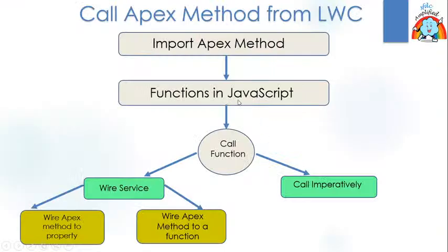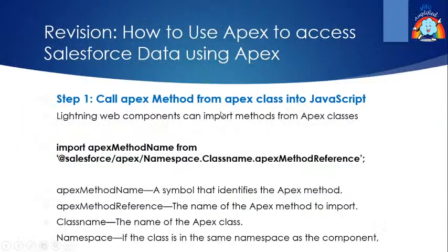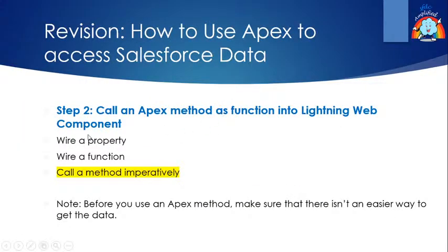Now the second step is that we have to call the function in the JavaScript. So for that we can do using a wire a property, which we have covered, wire function, or call a method imperatively. So we have understood that we should use Apex only if there is complicated data which we cannot import using other means. But when we are doing that, we have to check that there are other easier ways to get the data. If there